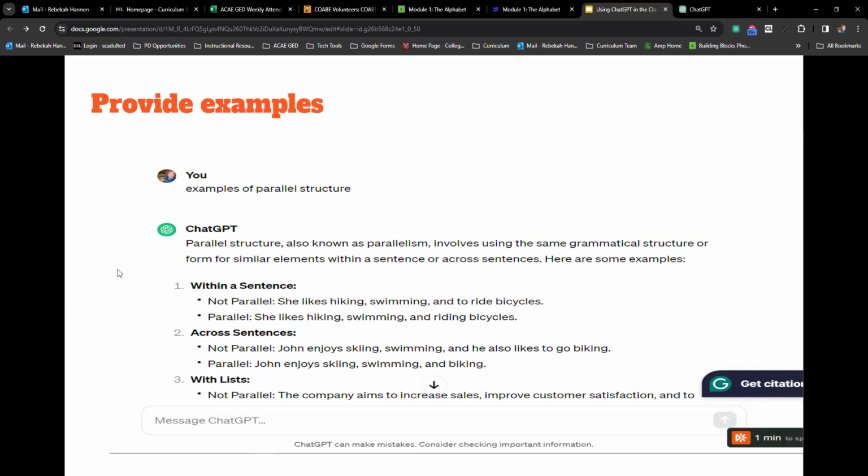All right, you can also get ChatGPT to provide you examples. So I love using Aztec Flash for the questions that it generates to get students prepared for the GED. One thing that I know my students struggle with on Flash in that grammar section is parallel structure. And I can't really manipulate Flash just to quiz me on parallel structure. So I may go to ChatGPT and I say, examples of parallel structure. And then it generates this. And then I may say, provide a worksheet or provide questions, multiple choice style questions on parallel structure.